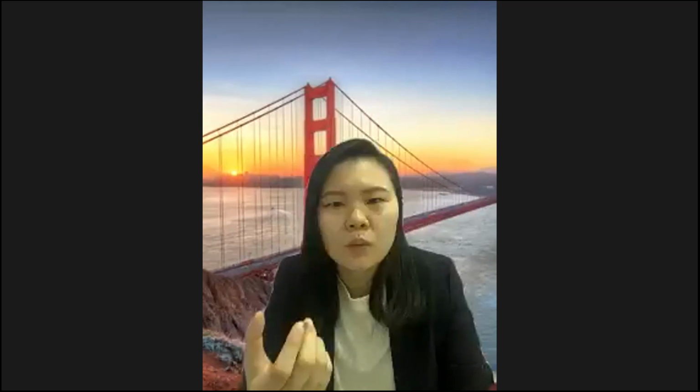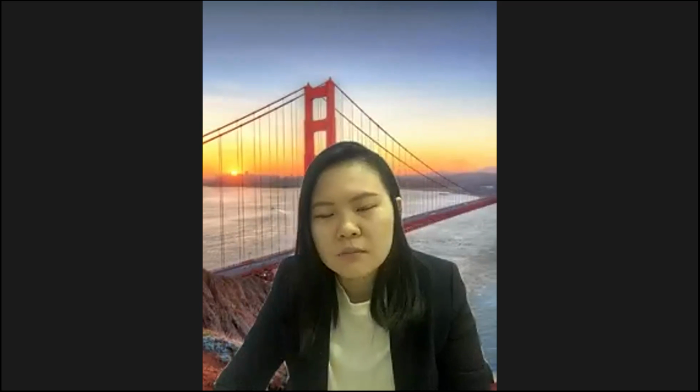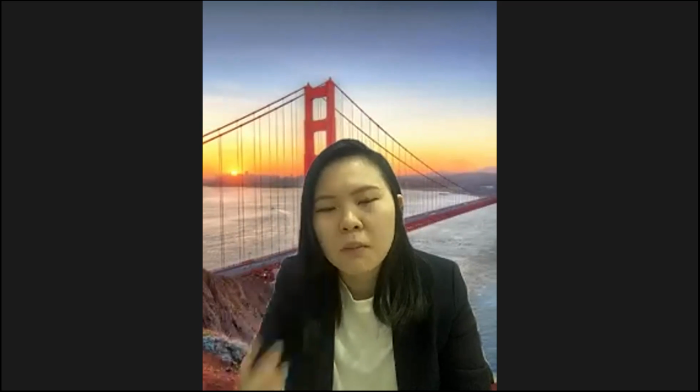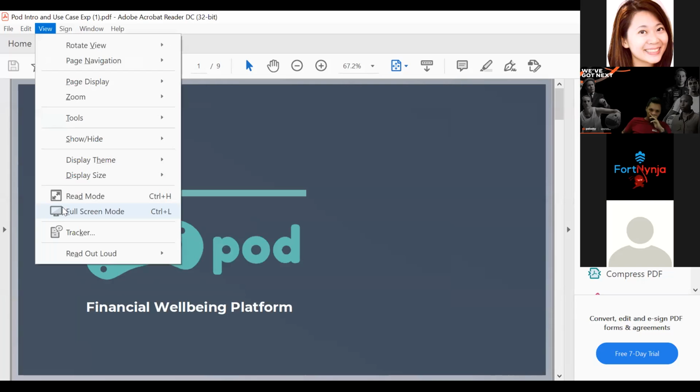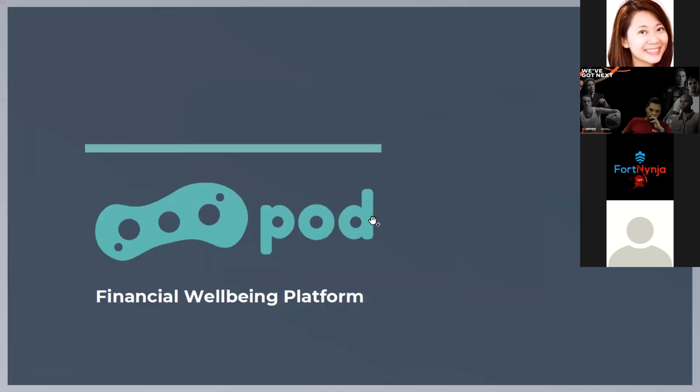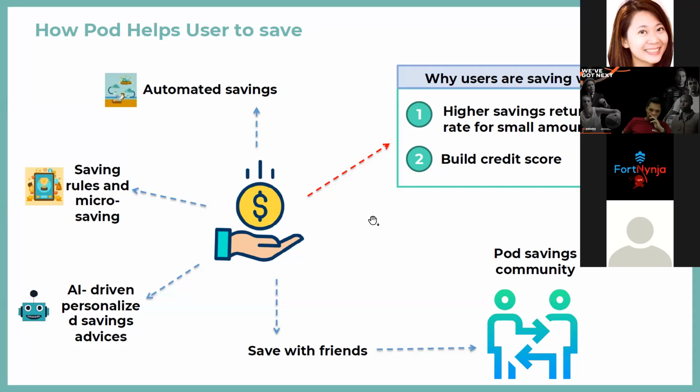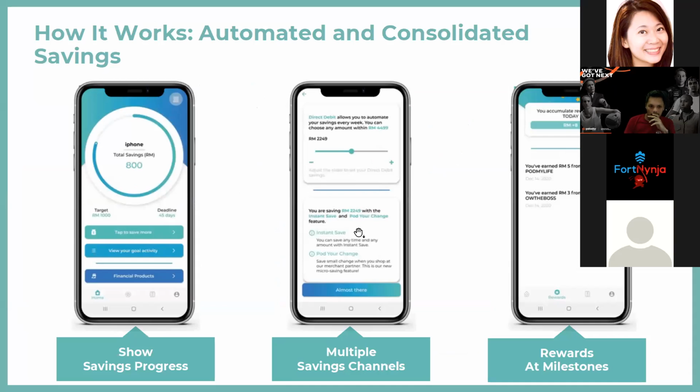So what Pod does is that we enable our users to set their goal on the app, and also set the amount that they want to save and the target. We help them track it by providing intuitive, customized advice about opportunities to save, aligned with their financial behaviors that we capture from the data by studying user activities on our application.